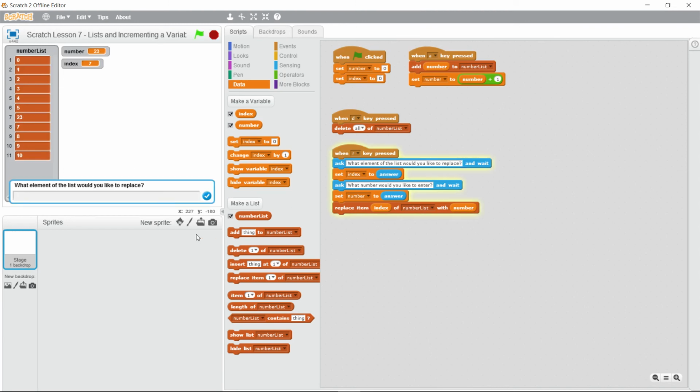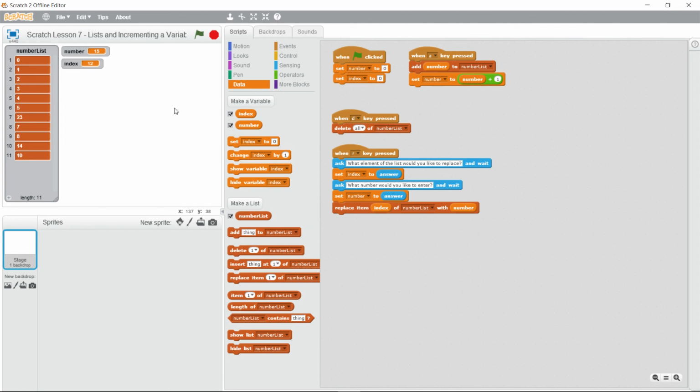Try again. Let's do it to element 10, and let's put in 14. There it goes. Now let's try something that should cause a problem. Let's ask to replace element 12, which, if you're being observant, doesn't exist. The computer doesn't check if it exists or not, and I want to make the value 15. So it's asking me this, so I'm going to hit 15, and this would normally cause a real problem in